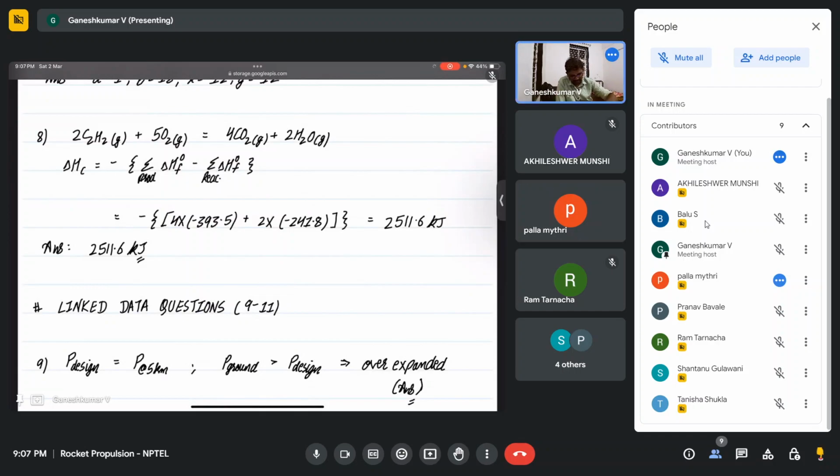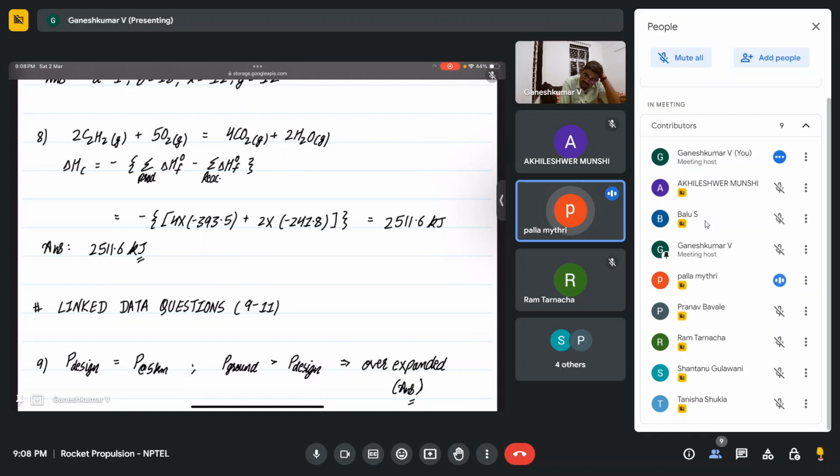No, sure, please. See, the heats of formation in kilojoules per mole are given: C2H2 is 227, O2 is 0, CO2 is minus 393.5, and H2O is minus 241.8. We have to balance the equation. When I balance it, it comes to 2C2H2 plus 5O2 equals 4CO2 plus 2H2O. And when I take the heat of formation, 2 moles of C2H2, that is 2 into 227 kilojoules, minus of